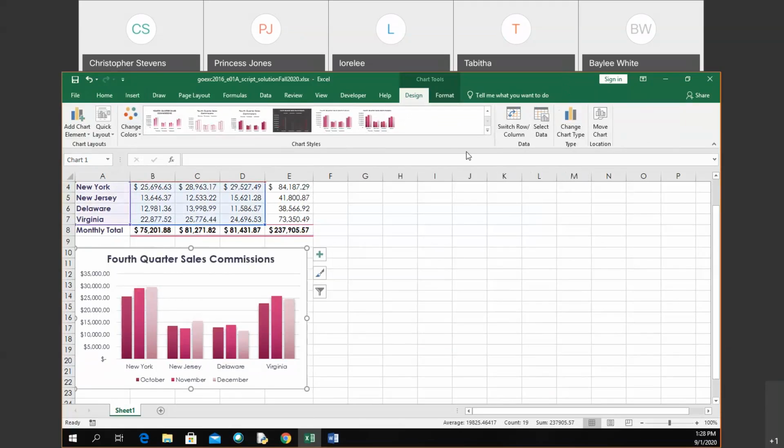Now, I've been asked before as well in this class, does it really matter what style I pick? Can I pick what style I want? I mean, if this was the real world, I would. Yes. The reason why it has specific styles is because it makes grading easier for me. That's the honest truth. If you ever run into an issue